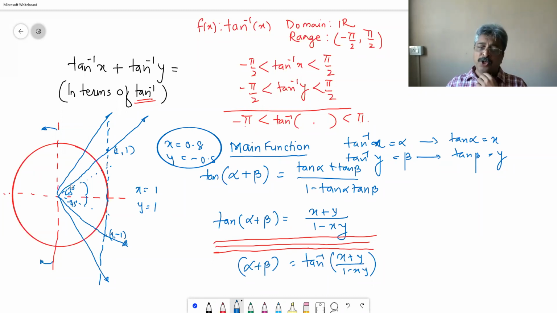I know 45 plus 45. If x is equal to root 3 by 2, if y is equal to 1/2, if I substitute it here, of course I will get,